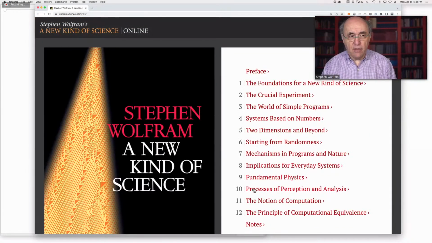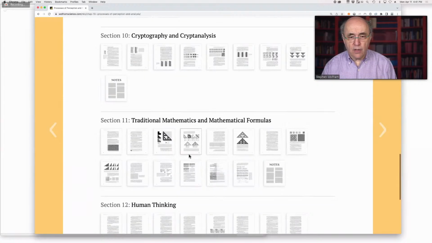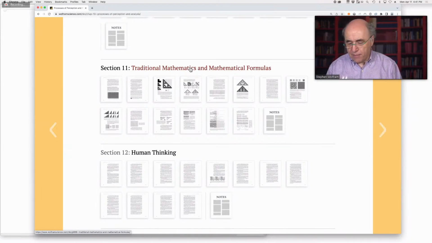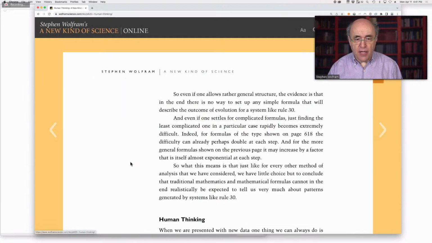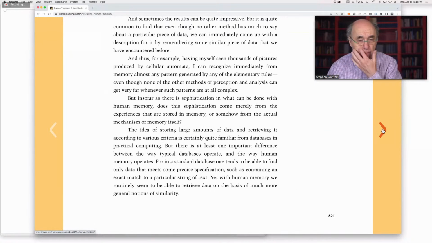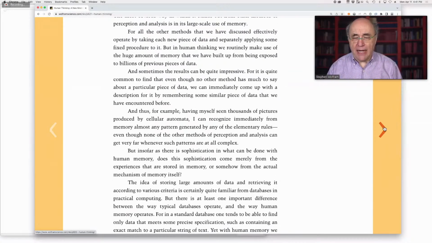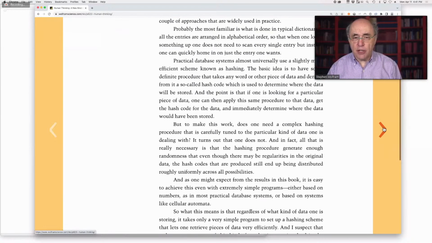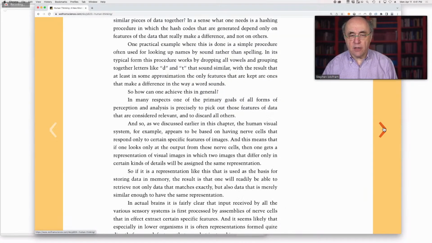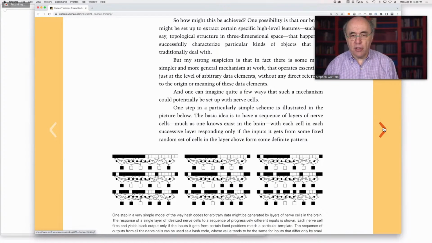I have a section here. So that was talking about what mathematics can do in cracking something like Rule 30. I have a section about human thinking and describing what's a good meta model for human thinking. And basically, I describe the importance of memory and the importance of pattern matching based on memory. It's an operational description of what happens in things like neural nets. But it's basically talking about the operational effect of having something which can remember, can recognize a pattern that it's seen before.